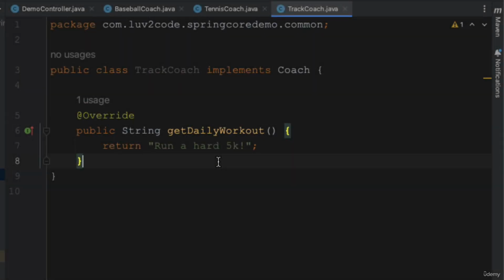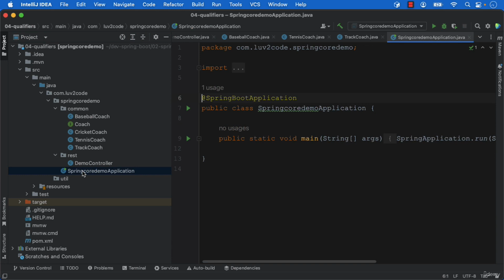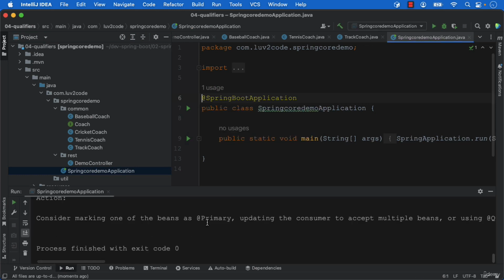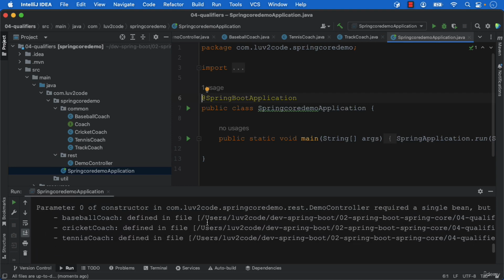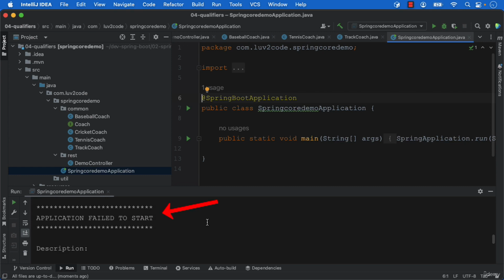Now let's just zoom out for a second and let's run our application. We see that we have a problem, right? Things didn't work out. It said application failed to start. And if we expand our window here for a bit and just scroll through the log messages here,